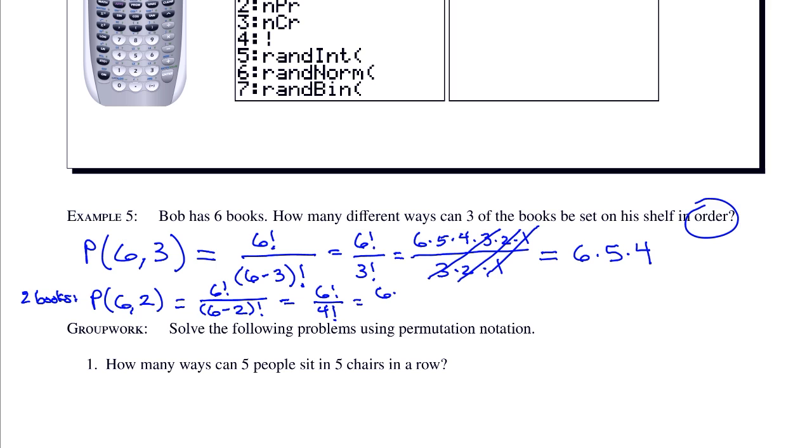which is 6 times 5 times 4 times 3 times 2 times 1, over 4 times 3 times 2 times 1. And then you would cancel off 4, 3, 2, and 1. But notice, how many numbers does that leave us with? It leaves us with the 2 numbers, 6 and 5. That's what the minus part does. It tells me how many numbers we're going to have left over after the cancellations. So this would be 30. 6 times 5 is